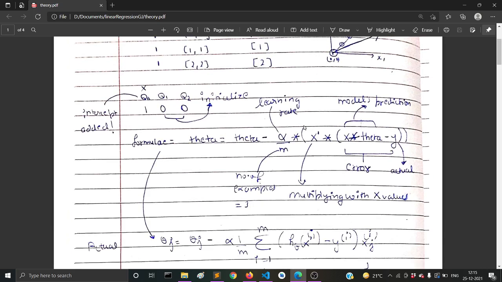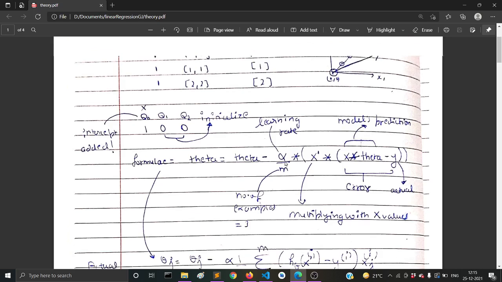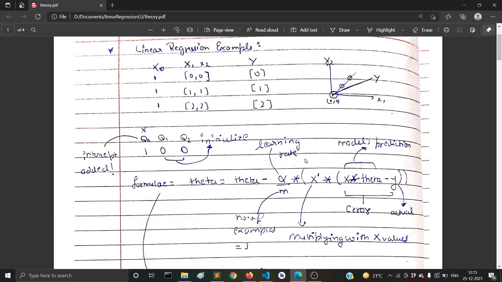So now this whole term might be clear to you, that is the weighted error in the basic sense. And then we have to average it out over all training examples. That's why we have also divided by m. M means your training examples, and in this case we have only 3. Then we also multiply with alpha, because in some cases your thetas